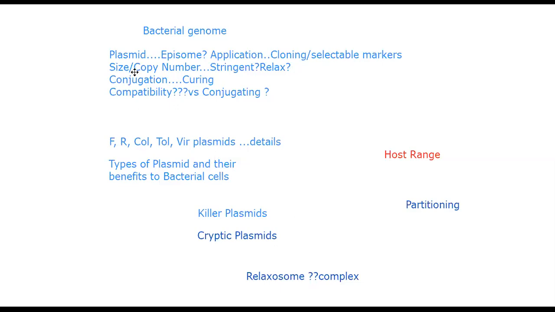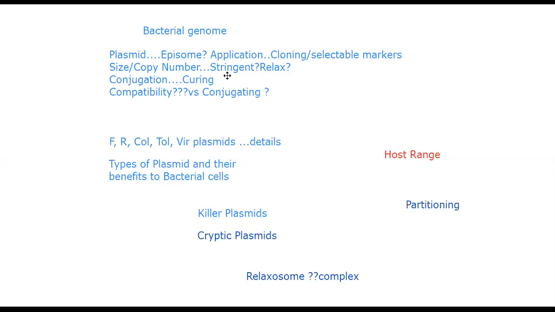Now, two things are very important whenever we want to discuss plasmids. One is copy number. Depending upon copy number, plasmids can be divided into two main groups: one is called stringent plasmid, the second is called relaxed plasmid. Relaxed means they can be present in very high copy number, up to 50 per cell. Stringent means they are large in size, therefore the copy number is less. Generally the bacterial cell has 1 to 2 plasmid copies per bacterial cell.